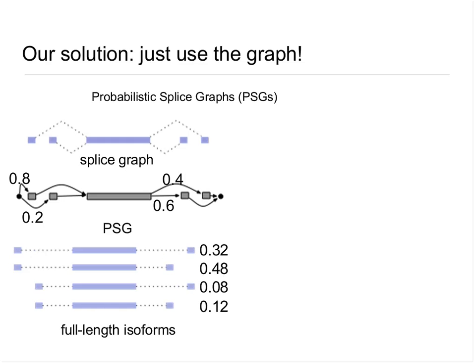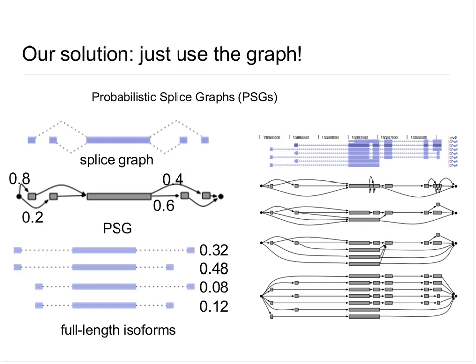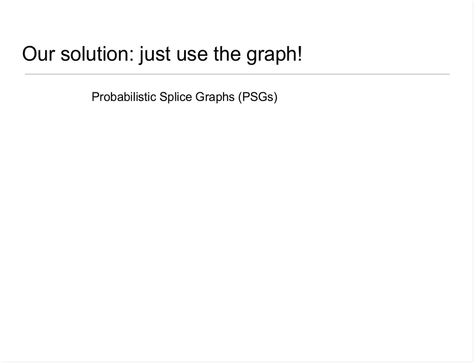So in this example, with just 2 sets of probabilities, if I take the product of these probabilities along each path, I get a relative frequency for that isoform within your sample. Splice graphs can have many different forms that take advantage of different levels of dependencies between different splicing events. It's an open research question how to go from the raw data to the appropriate splice graph that represents the proper dependencies between exons and splicing events.